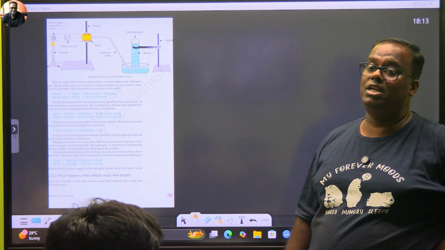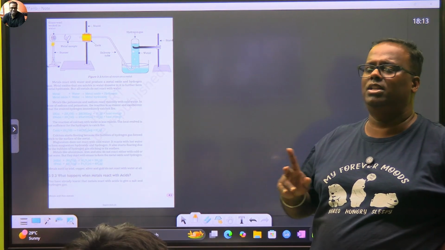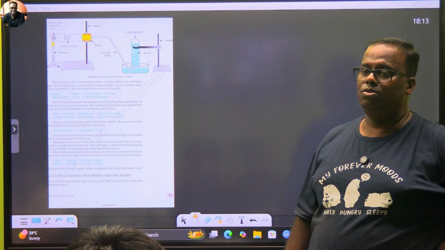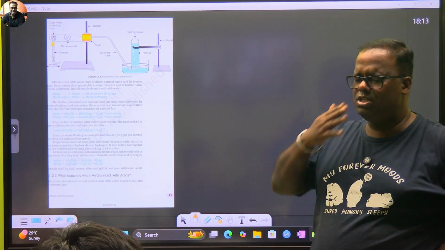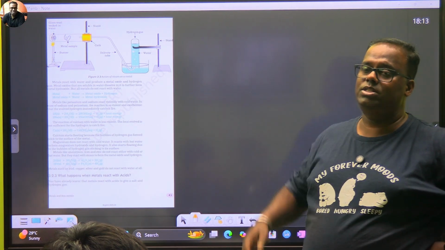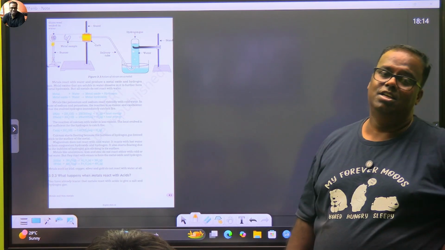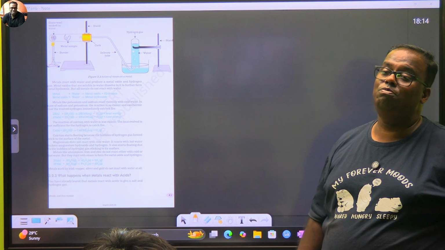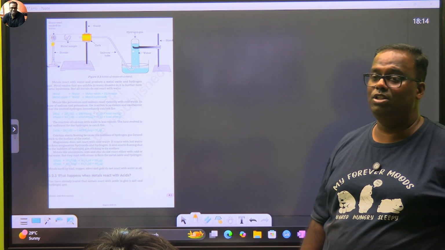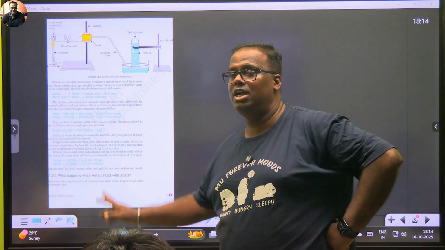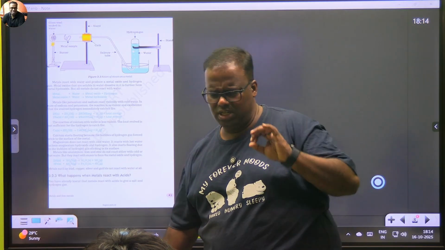Steam means the dryness fraction of water is almost 1. It is absolutely dry. Steam is also water, right? H2O in gas form, but the dryness fraction is almost 1. There is no sort of moisture in it. In such a case, you will not see the formation of metal hydroxide. You will see only the formation of metal oxide and the release of hydrogen. So children, let's get this very clear.